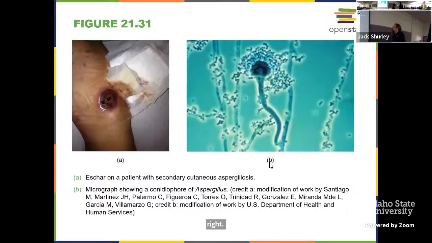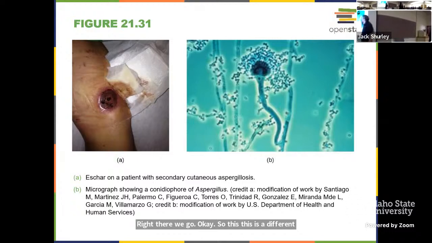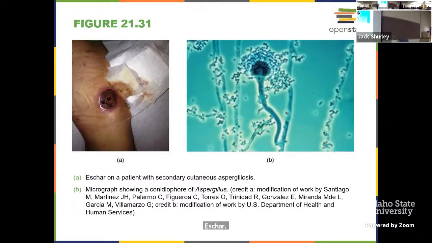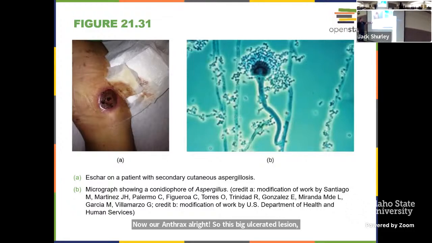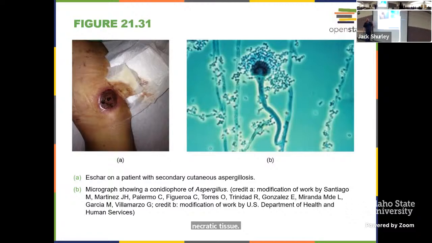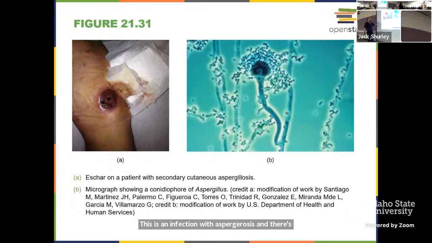There we go. Okay, so this is a different eschar, not our anthrax, all right? So this big ulcerated lesion with necrotic tissue, this is an infection with aspergillosis, and there's more to it than that, because what do we mean by secondary cutaneous? We'll hit that in just one second. So